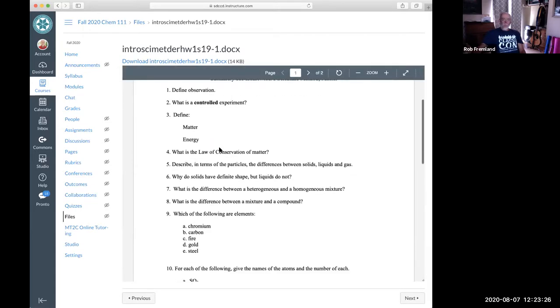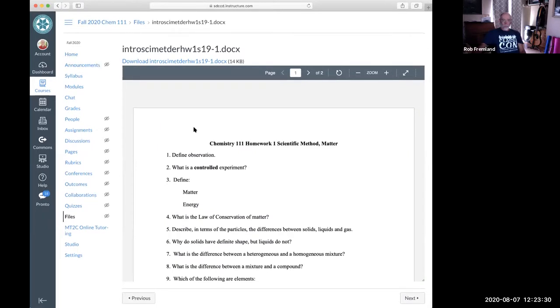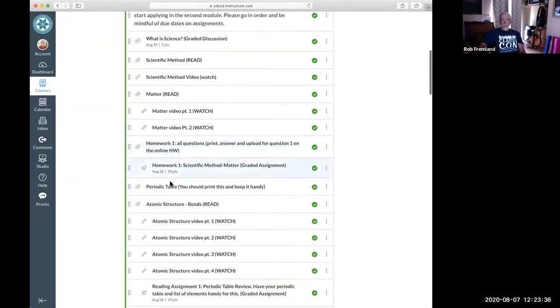All right, so this is a bunch of questions that I wrote. What you're going to do is print that and answer all of those questions. Then you're going to go to the second box here, which has a little icon like a quiz. This is the graded assignment, and one of the questions is to upload this. So you're going to answer all these questions and upload it, and then there are 4 or 5 more questions that I took from here that I'm actually going to grade. And this is how your homework is graded, all right?